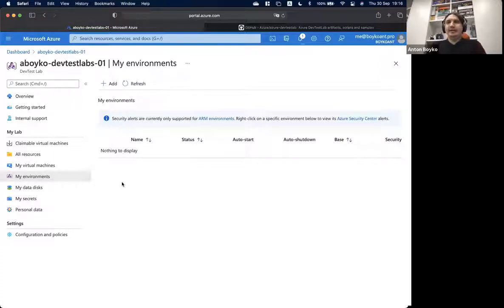Technically, if you need more than one machine to represent the entire environment, or for example you may want a virtual machine as a dedicated host to run your testing scenarios, and in addition you need to set up, for example, a web app and a database, and deploy your code there, so you have an isolated environment that you can run your tests against, then you are in the right place. If I go to my environments again, I can click